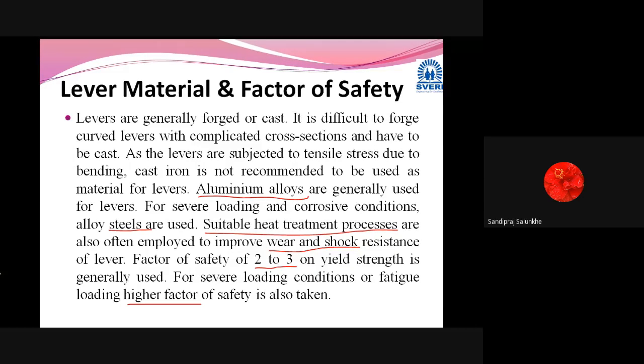Normal range of factor of safety is 2 to 3, but in critical applications you can explain the application, that is nothing but boiler, or you can explain the application like levers which are used in the braking system of automobile, and you can write what the factor of safety or use of that lever, where it is used, whether it is critical application or not, and you can describe it for the 4 marks. Okay,